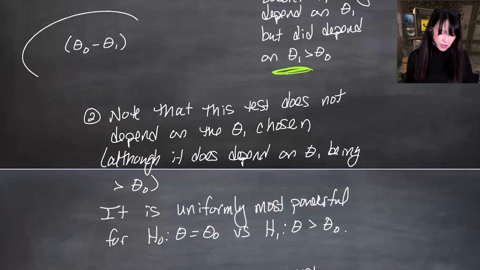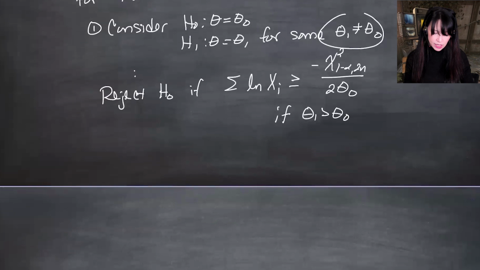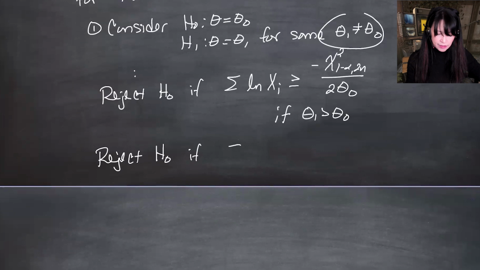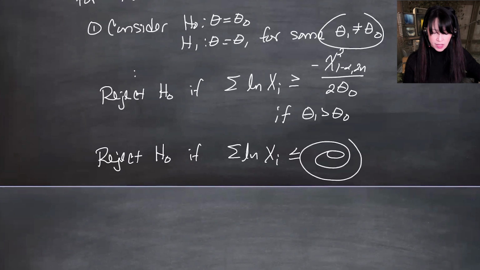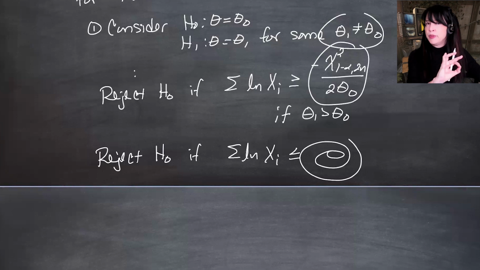But that part where we divided by this and it flipped an inequality, if your theta 1 is smaller than theta naught, then that thing I just circled there is positive and you would not flip the inequality. So it would be to reject the null hypothesis if the sum of the log of the xi is less than or equal to something. It's going to be kind of like this, but a little bit different. The 1 minus alpha will end up being the alpha. You have to draw the critical region. I'm not bothering because as of now, I can already tell you that the best test for certain theta 1s